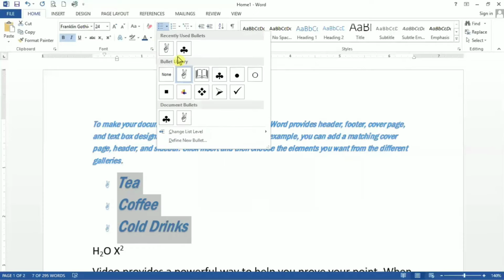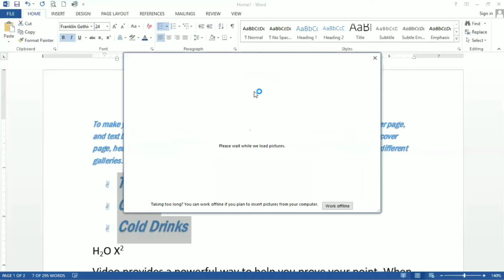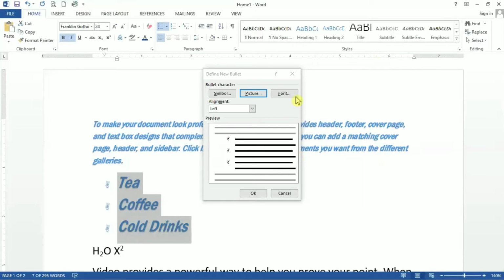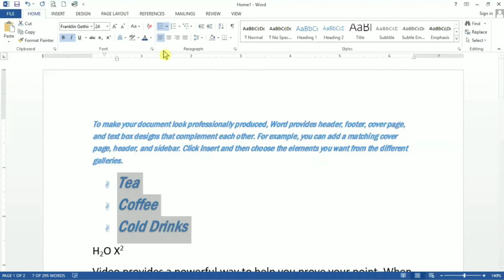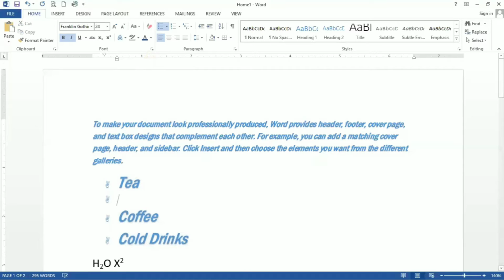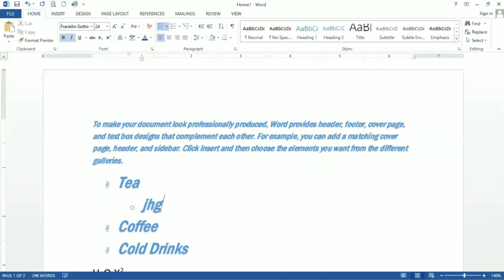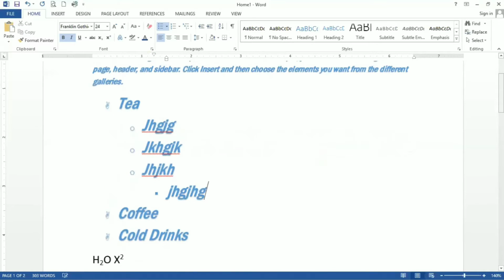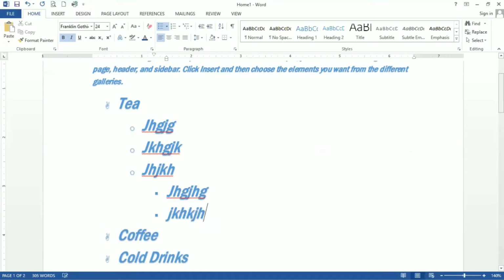If you have any small size picture, you can also choose that picture for the same. For that, click on pictures. Wherever the pictures are, select that picture from there. After that, you can apply it here. Fine. After this, if you want to create a sublist, you need to press the tab key. For the sublist, simply press enter. After this, if you want to make it a sub part, press the tab key.